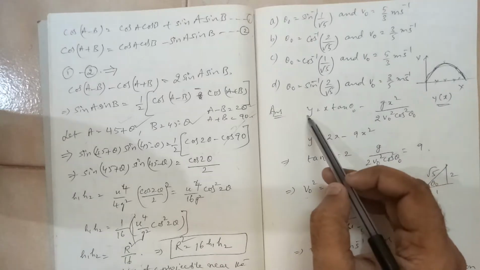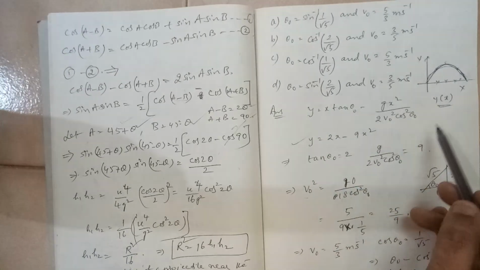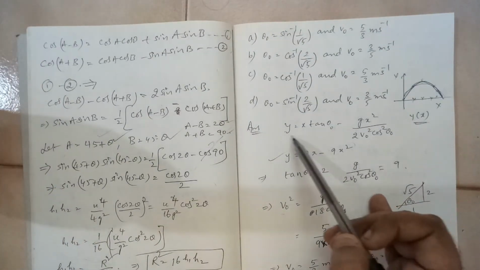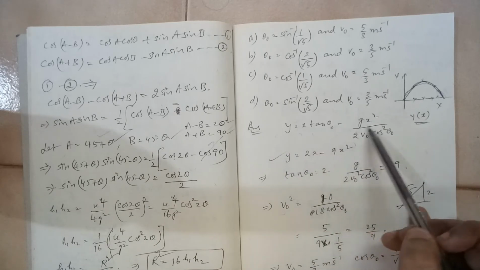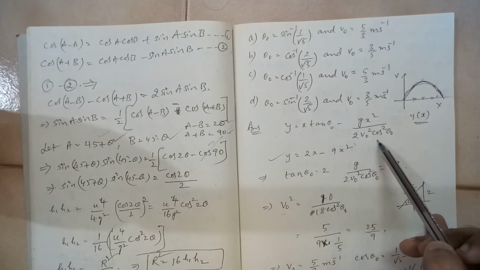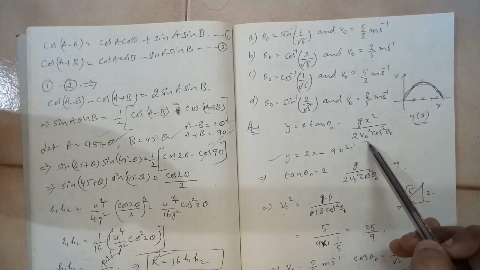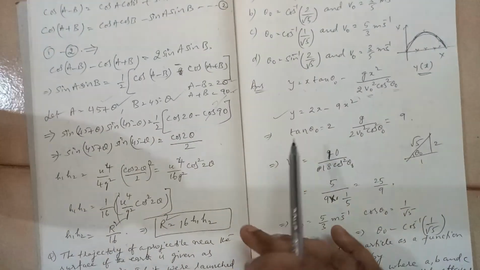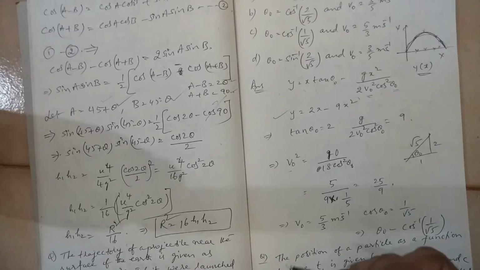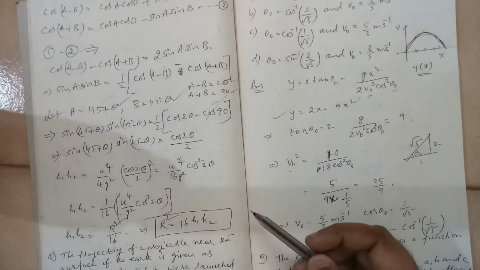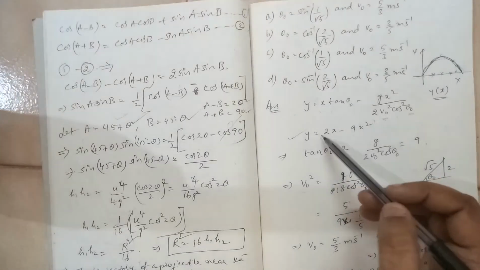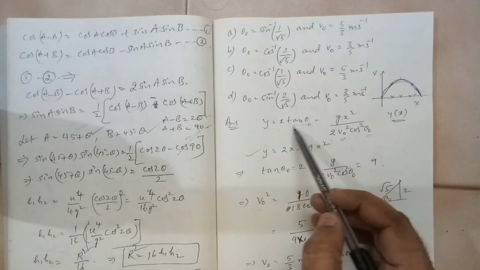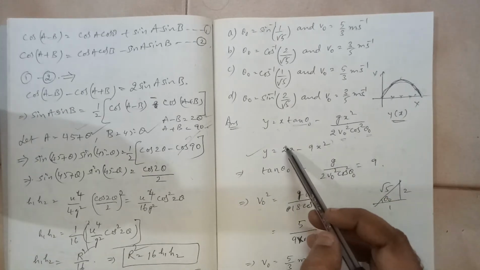Now this is given as y equals 2x minus 9x square. But what is the general expression? We have derived this expression: y equals x tan theta minus g x square by 2 v square cos square theta. Here v is v0 and theta is theta 0. Yesterday, when we were discussing one of the questions, we said that sometimes we have to do the questions by the comparison method. So here you have two equations, compare them. When you compare these two equations, tan theta 0 is equal to 2,